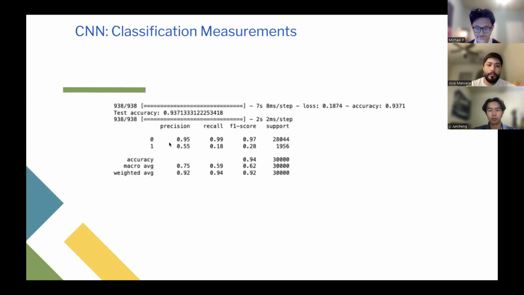So for the first results within the CNN, the accuracy was actually really good. You see it had a 93%. But part of the reason why it ended up like this was how we saw the structure of the data. Overwhelmingly it went one way over the other, which means if it just guesses that only, it's going to have a higher accuracy than not. Because we can see right here within the recall, for example, it did really poorly. The recall is essentially the ratio of your correct positive guesses over the entire positive population,